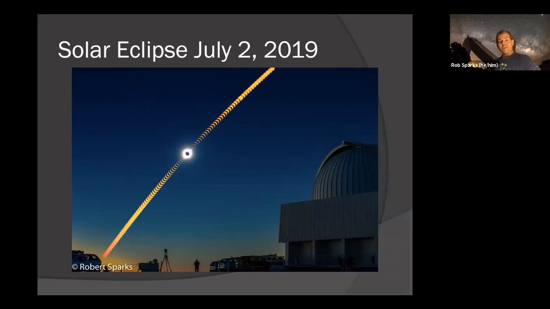I just hit start a few minutes before the partial phases. The only thing I had to do was make sure that the solar filter was taken off during totality and put back on after totality. The camera took every one of those pictures on its own. I was able to take them and layer them in Photoshop afterwards, and that was great. So, the program is Solar Eclipse Maestro.